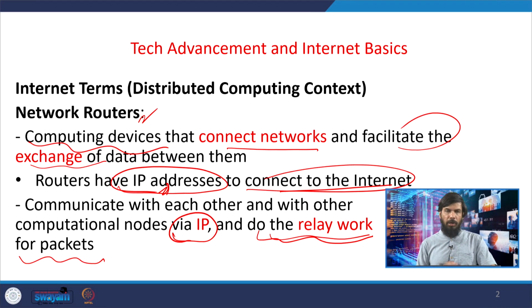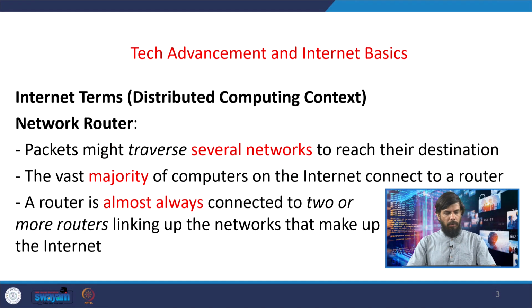So, these routers communicate with each other and also with other computational nodes. One of them would be the client and then the server would be there, right. This whole communication is done via IP, and routers do the relay walk for the packets. Now, these packets might traverse several networks to reach their destination,